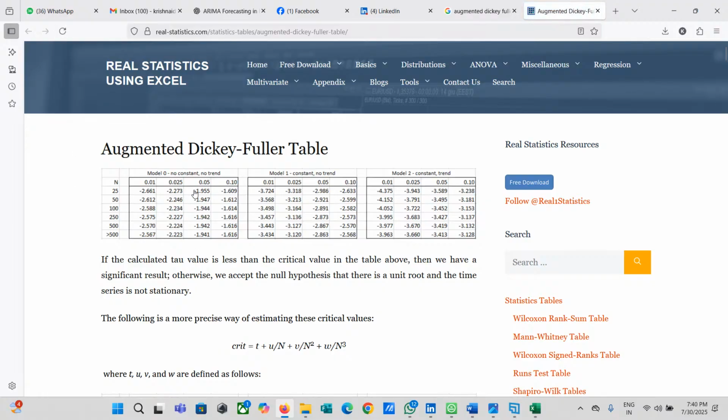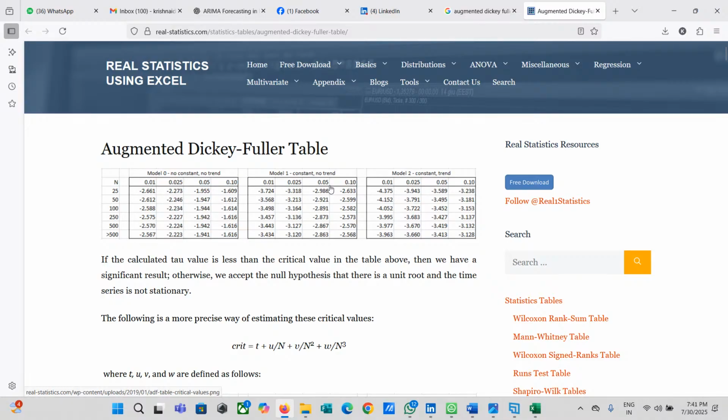We are taking 0.05, and our sample size is 25. If it is 25 to 50, we'll take 50. So our sample size currently is 25, and